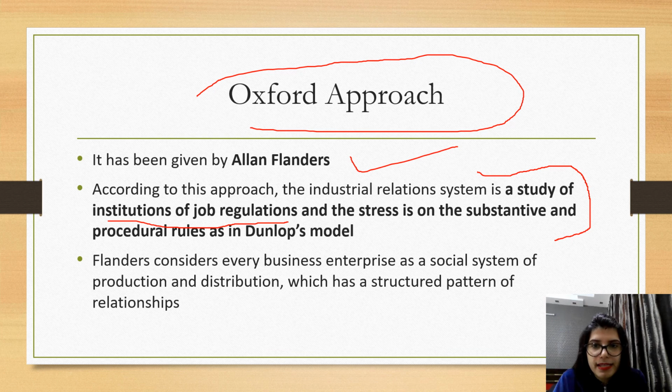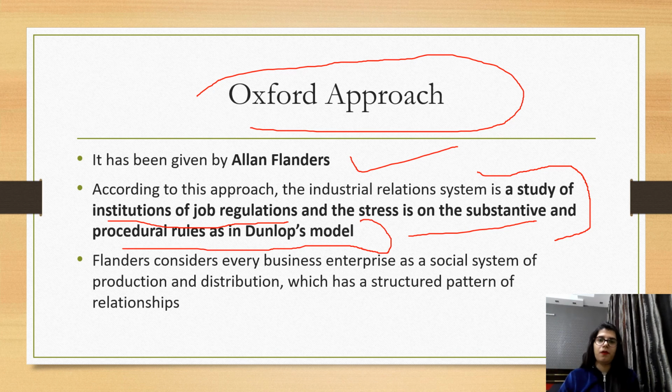And the stress is on substantive and procedural rules as in Dunlop's model. Okay, so the first keyword is that we study the institutions of job regulations, or we can say the institutions which regulate the job, in this model, and the focus is on substantive and procedural rules. Okay, and substantive and procedural rules I have very well taught you in the systems theory in the last